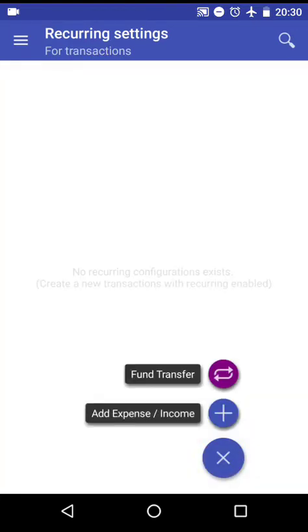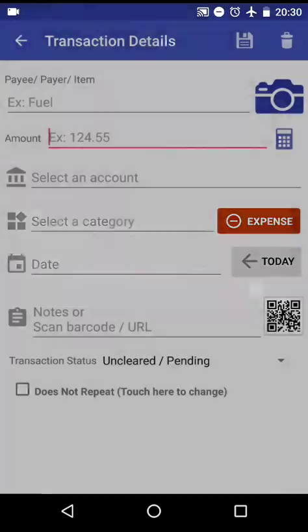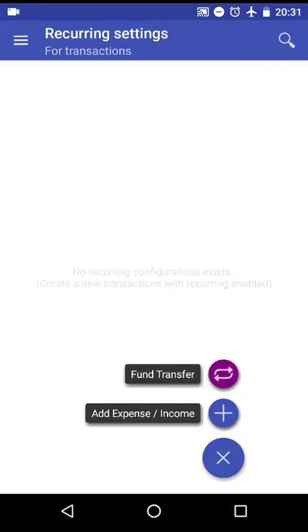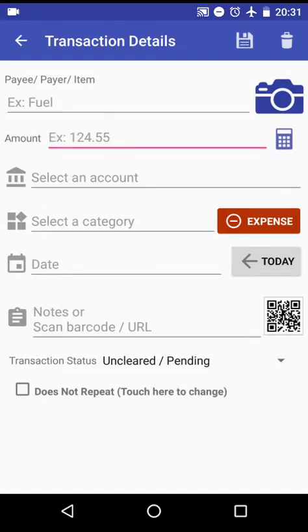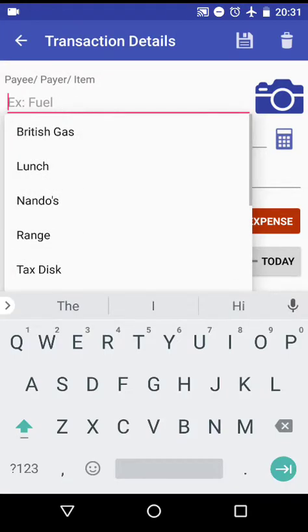It's a regular transaction, plus on top of it a recurring feature is enabled. So in order to do that, just click on the plus symbol and click on add expense income. Okay, I'm going to cancel this dialog. So let's say, for example, I want to enter my rent,